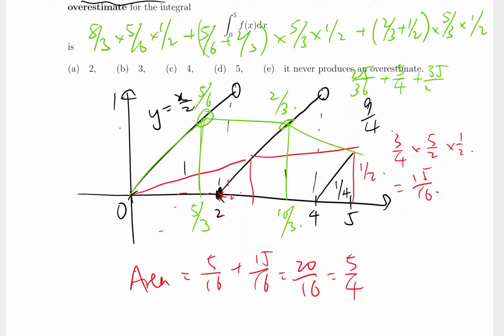Is that bigger than 9 on 4? Let's see. The middle becomes 45 over 36. So 25 plus 45 plus 35 gives us 105, so that's 105 over 36. But 9 on 4 is 81 over 36. So 105 is bigger than 81, so hooray, we